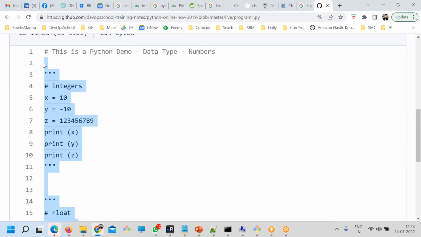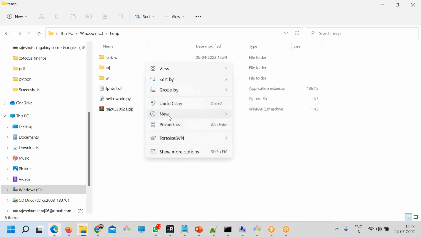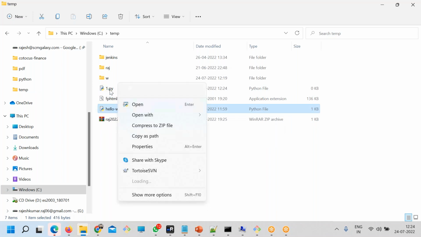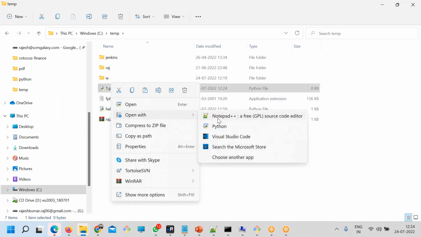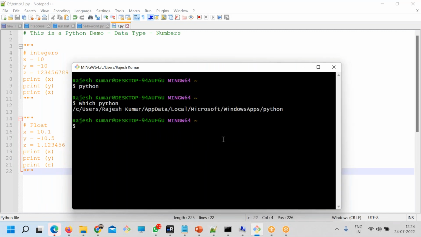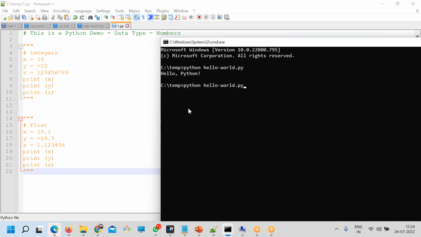So let me copy the entire program. What is the program name? One, right? I'm feeling a little lazy, so I'll keep it only one.py. Okay, and Python, save it. Run. Let's close this here. Run.